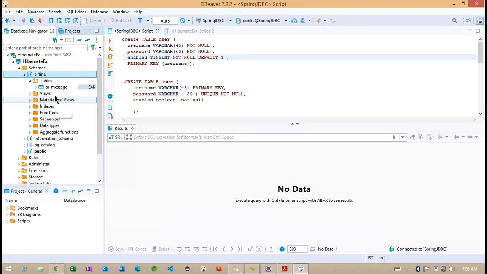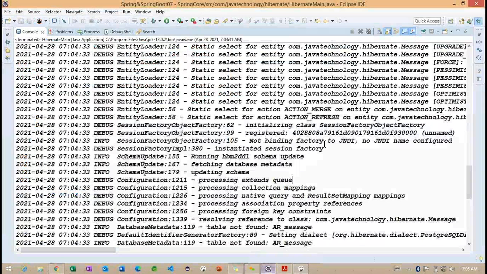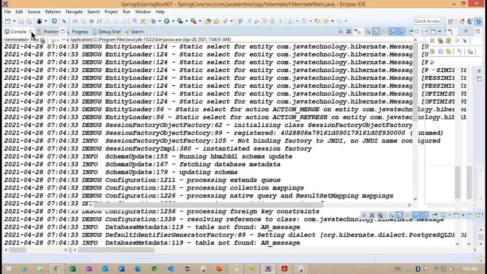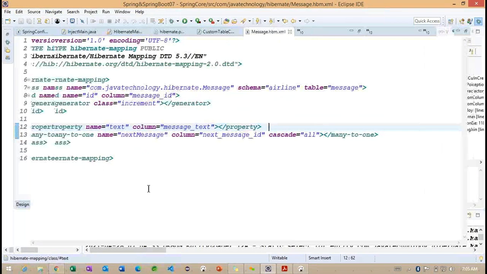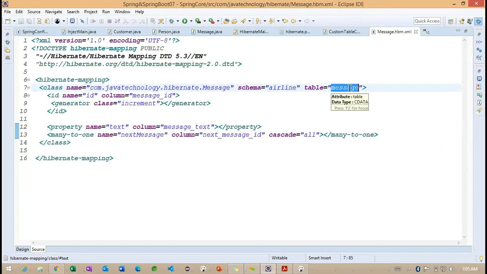So now let me go to the database and refresh this schema. Now you can see AR underscore message. Getting the point, AR underscore message. Where are we getting this AR? We need to understand inside this mapping resource. So this is our mapping resource. Did we specify anywhere this table called AR underscore message?